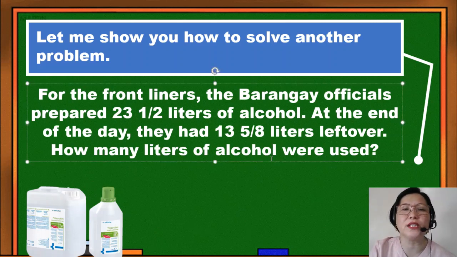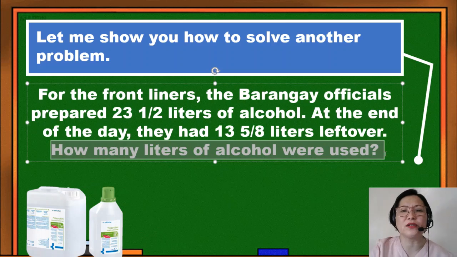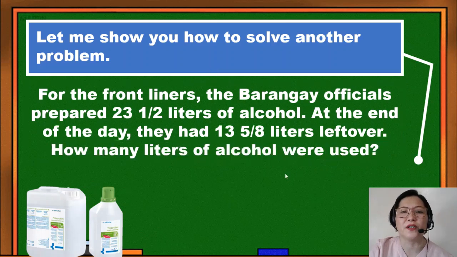Just like what we did in the first problem, let us focus on the question. The question is, how many liters of alcohol were used? So what do you think is the operation to be used there? Is it subtraction or addition? Yes, that's correct. The operation to be used is subtraction because it is asking for the number of liters of